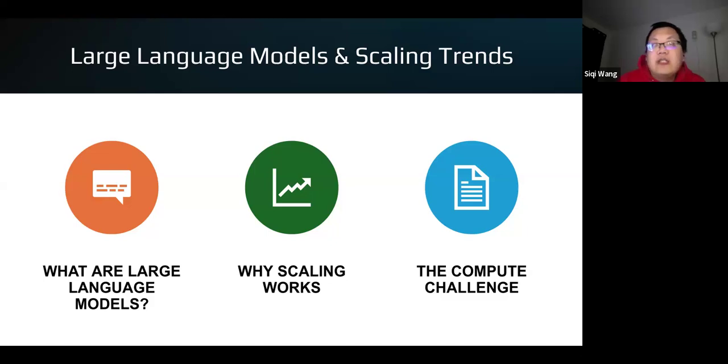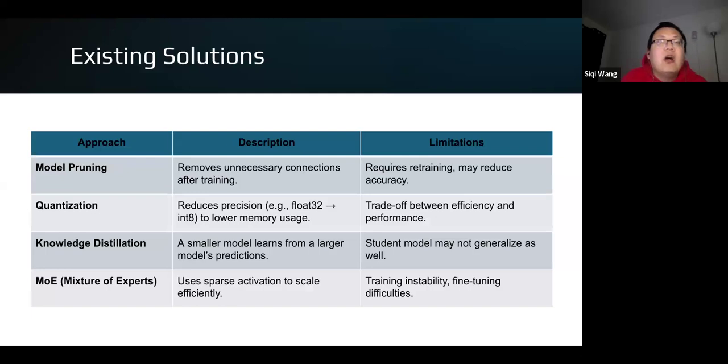Training models like GPT-3 requires thousands of GPUs, and inference is also expensive because every token activates all parameters, leading to a very high computation cost and energy consumption. So this has motivated research into more efficient model architectures that provide the benefits of large language models without much computation cost. And here are some